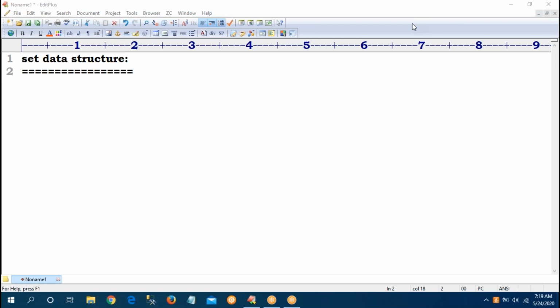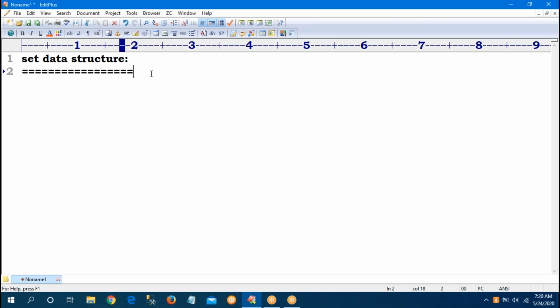Set. So already we know the basic idea of what a set is. If you want to represent a group of unique values as a single entity, then we should go for the set, because set does not allow duplicate values.